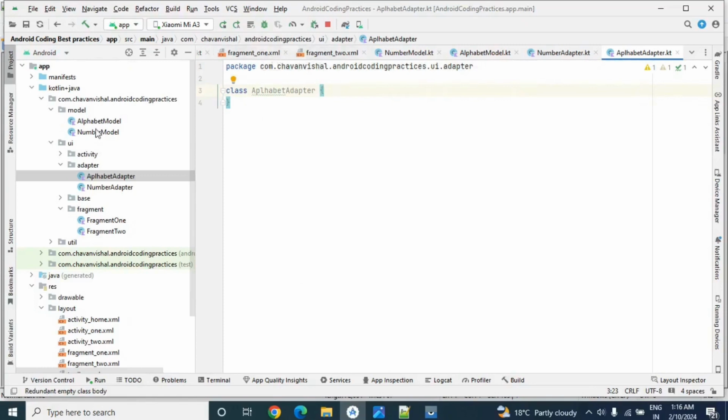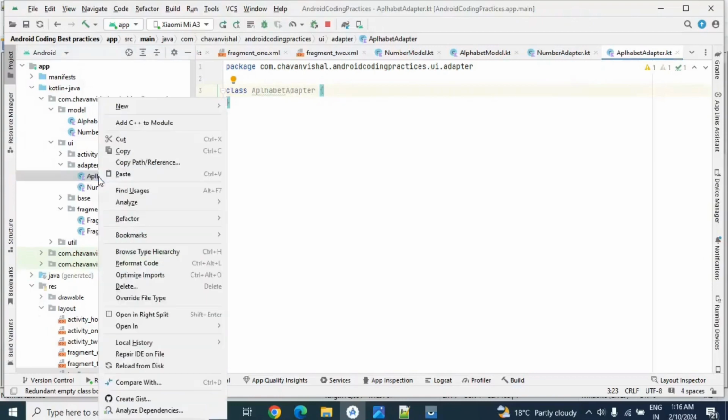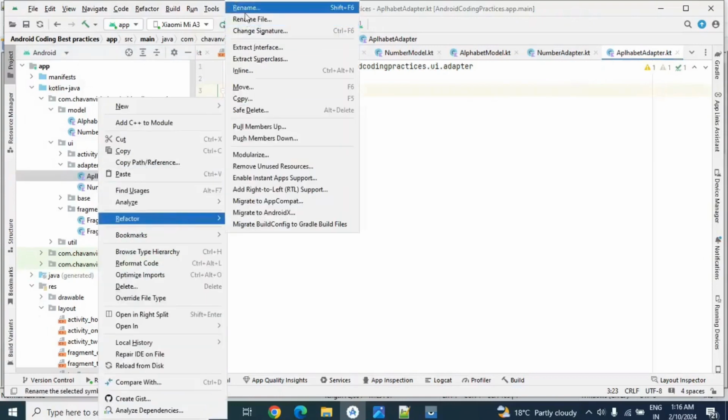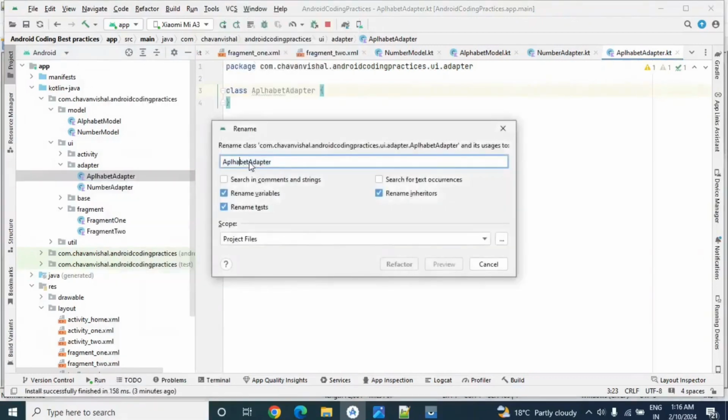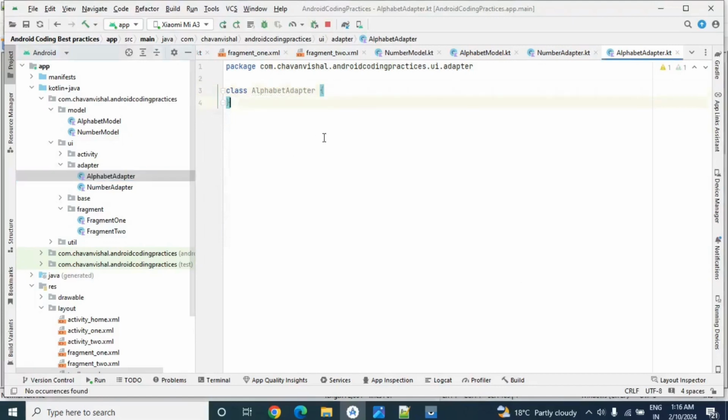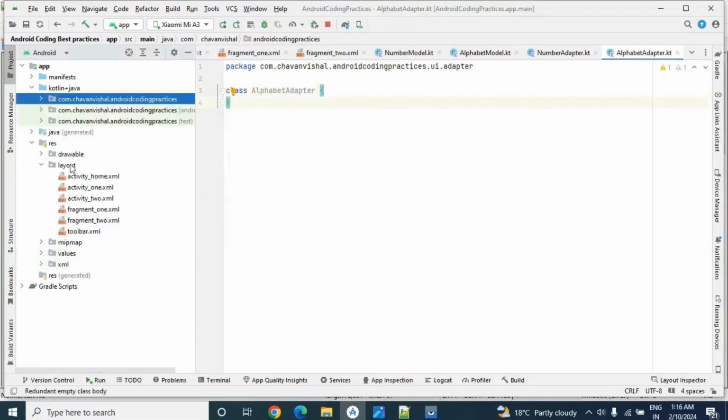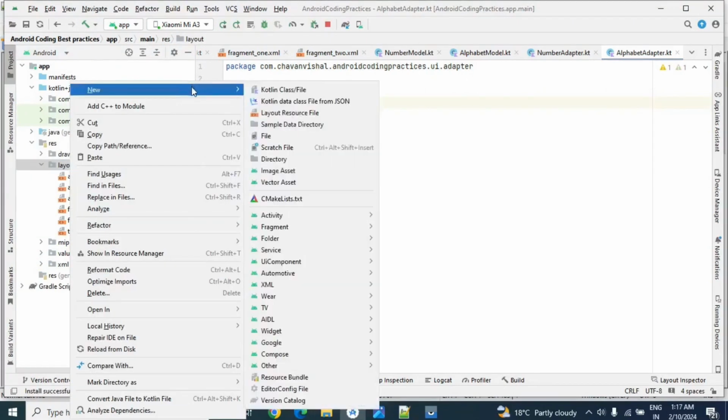We have created two model class for our recycler view list item, and we have created two adapter. First one is number adapter and second one is alphabet adapter. Let me rename it. It's a spelling mistake actually. Alphabet adapter.